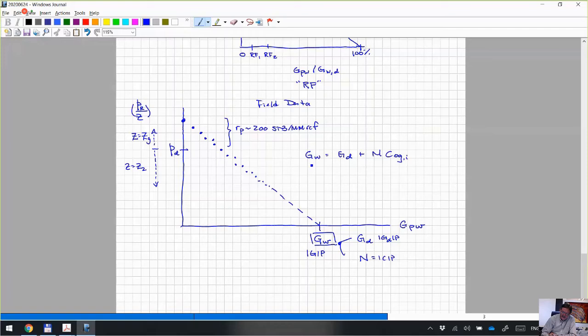So you basically get this from the material balance, you get that from your PVT, and then the 200 barrels per million tells you how to